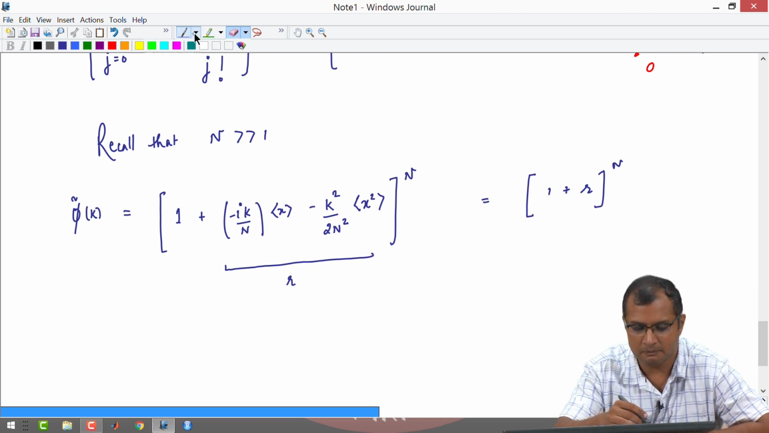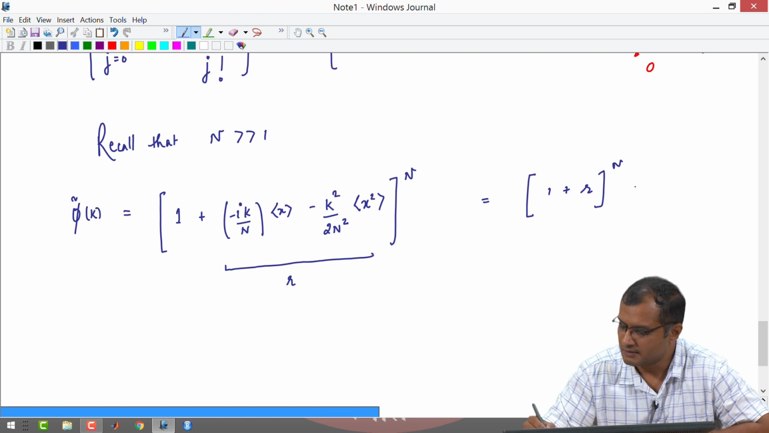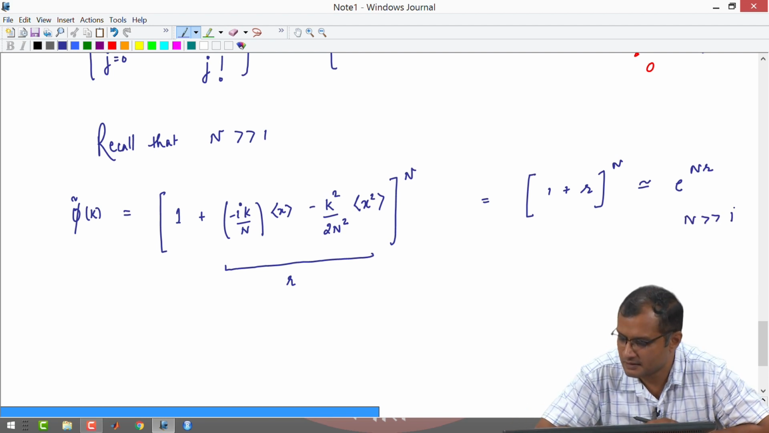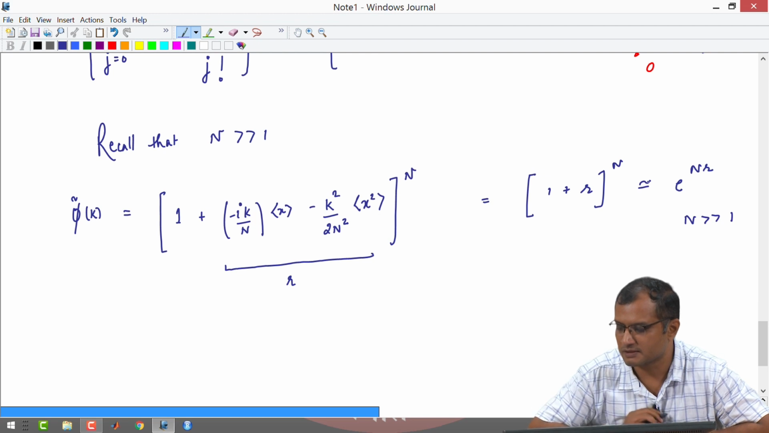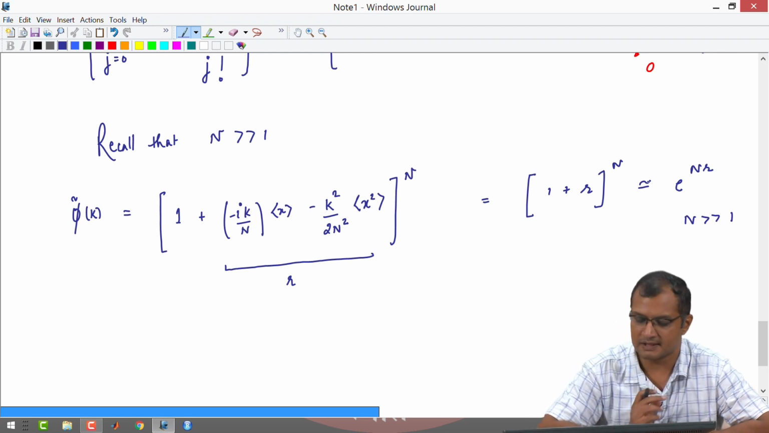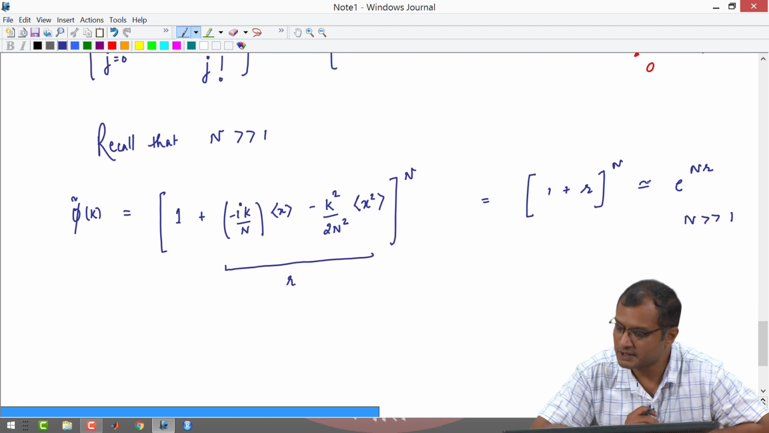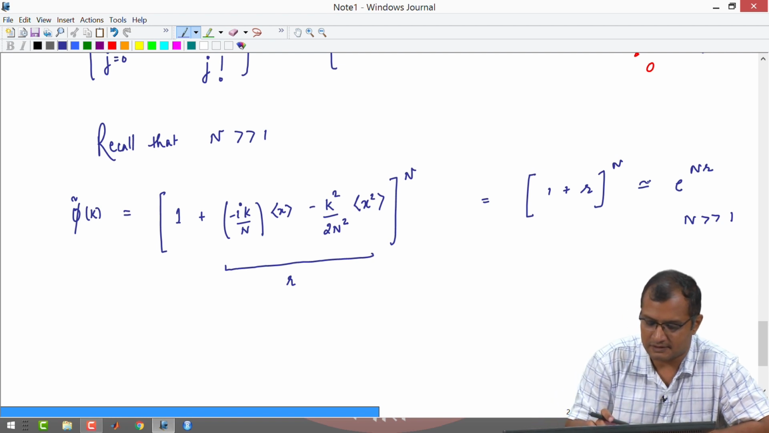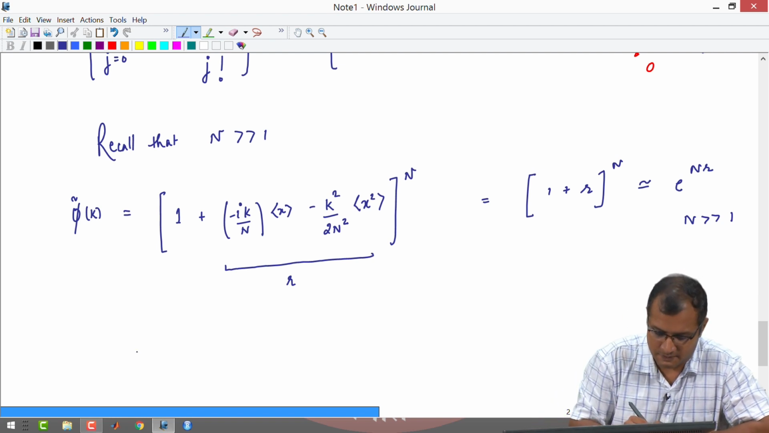Now, the expansion of (1 + r)^n is just e^(nr) if n is much larger than 1. Okay, so this is an approximation: (1 + r)^n is e raised to nr. Now, simply put r as what I have written here. So, this becomes